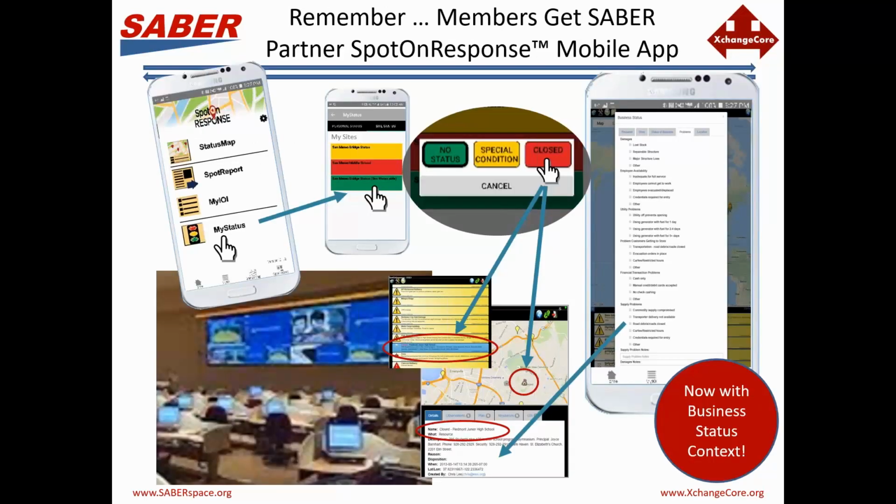So with that, let me conclude with a couple of reminders. One of them is the reminder that you're enrolled as a SABER member. You can get the SABER Partner SpotOnResponse mobile app. And just as an illustration here,